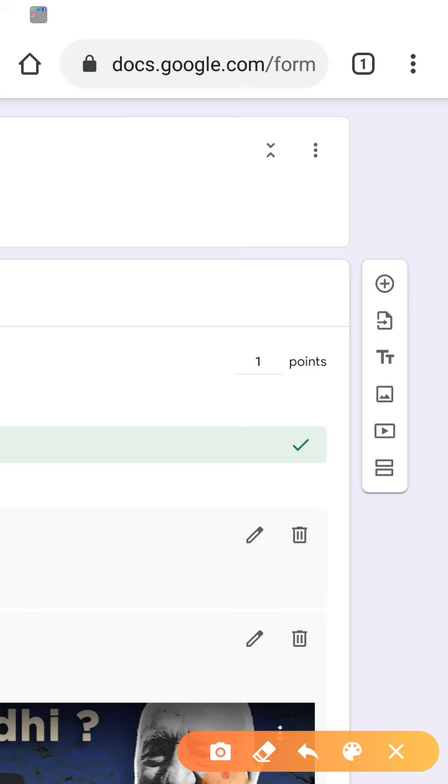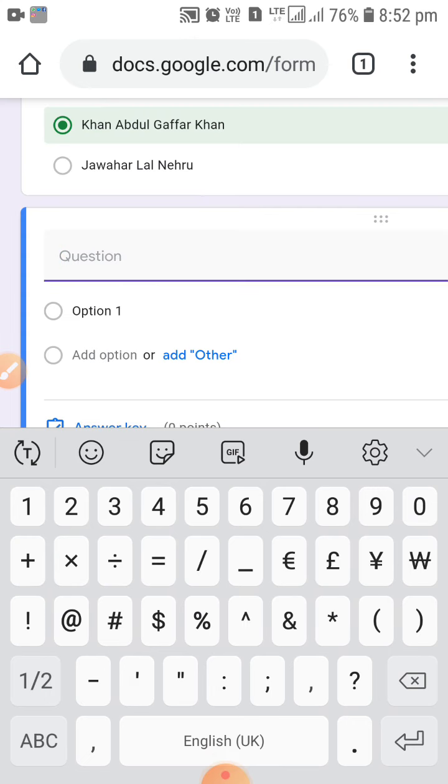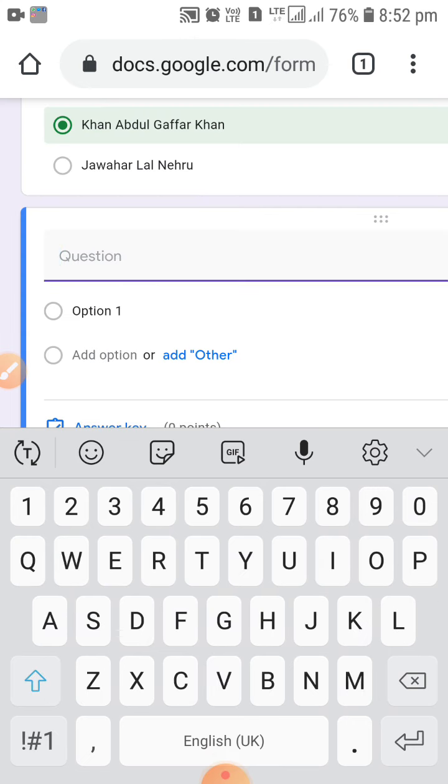Then you will have to click on this plus button. You can see, my friends, you click on this plus button, and you can type the next question, number 2. Now I am going to set another type of question over here. That will be a multiple choice question, but we will guide them with some photos also. You can place some images in front of them, and you can ask something from the image also.